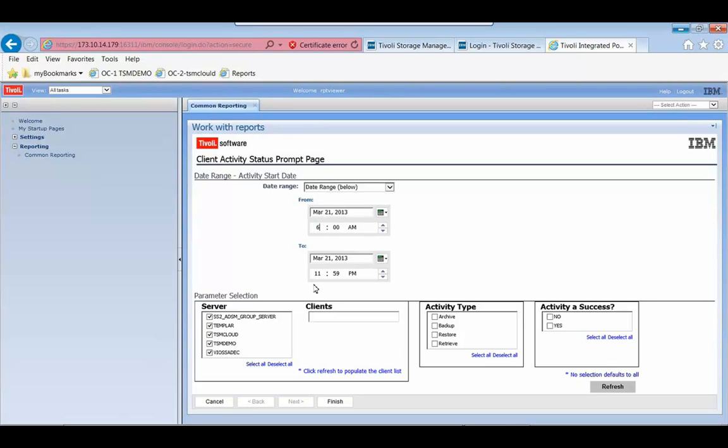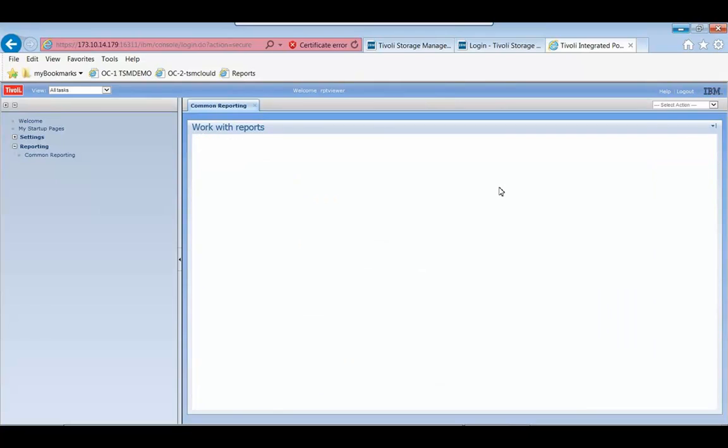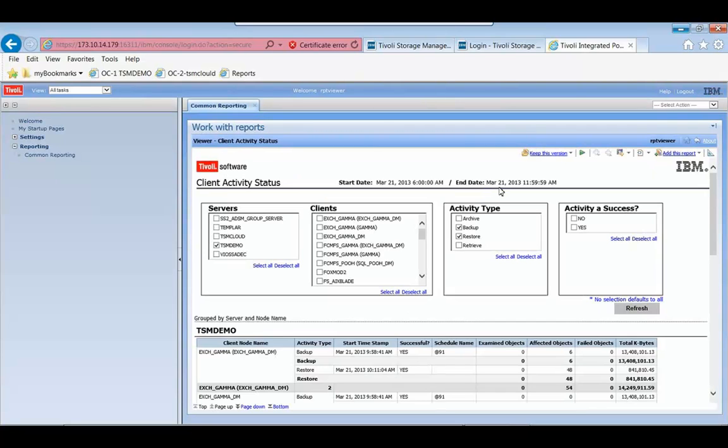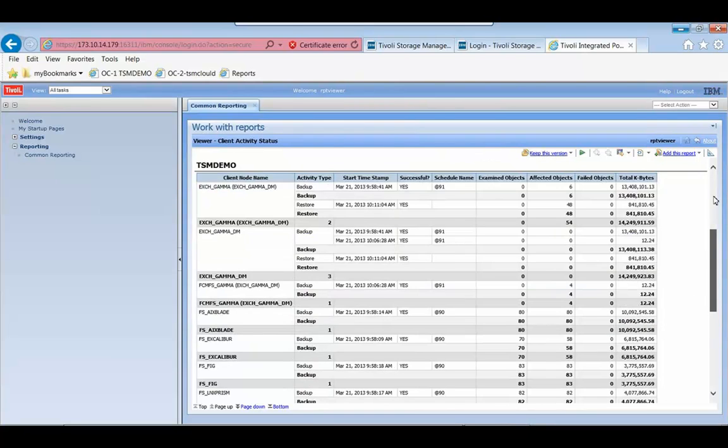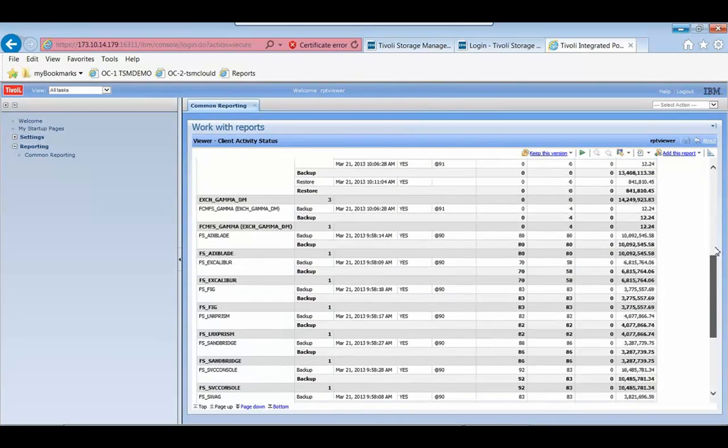We have a variety of reports here. I can specify a date range, and I will just do 6 a.m. till 11:59 a.m. And I can here select my servers. I'm going to select the TSM demo server. I select backups, so I want to see all my backups. I could also select the restores. Let's just do both for now. Click on Finish, and the report is being generated, and it will basically show me